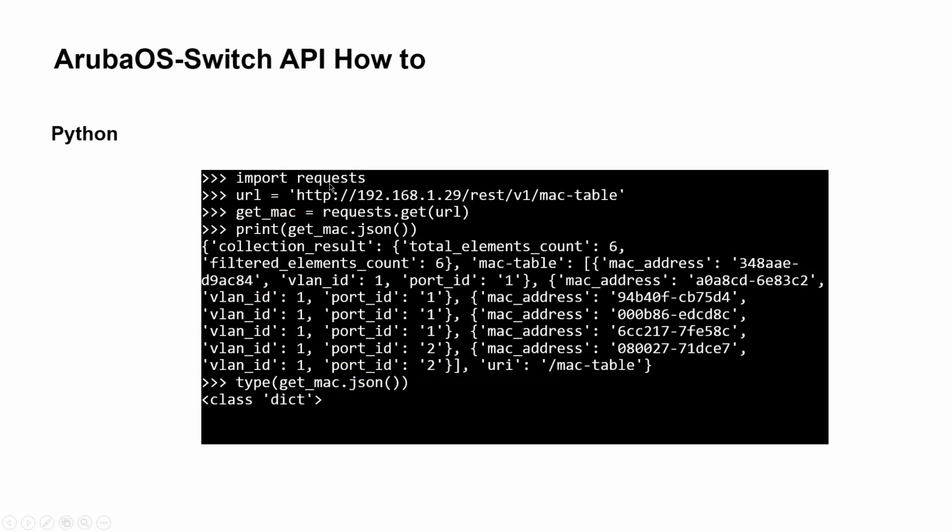It's a very popular library. We build a URL. So there's our IP address. We send it to REST. We're asking for the MAC table from our URL. And we create an object there which is going to send to this URL. It's going to do a request.get to our URL, and then we're going to print that out, and we're going to print it out as JSON, okay? So if we enter it, this is what you need to do.